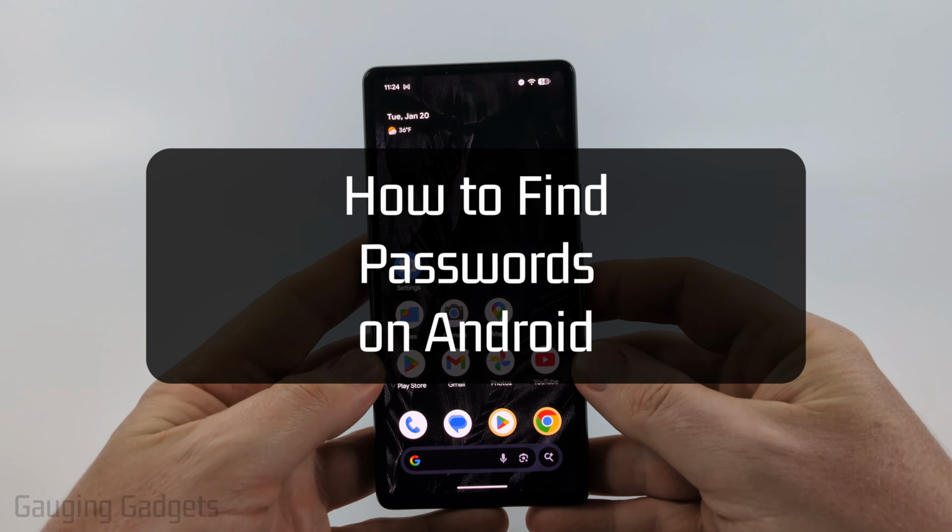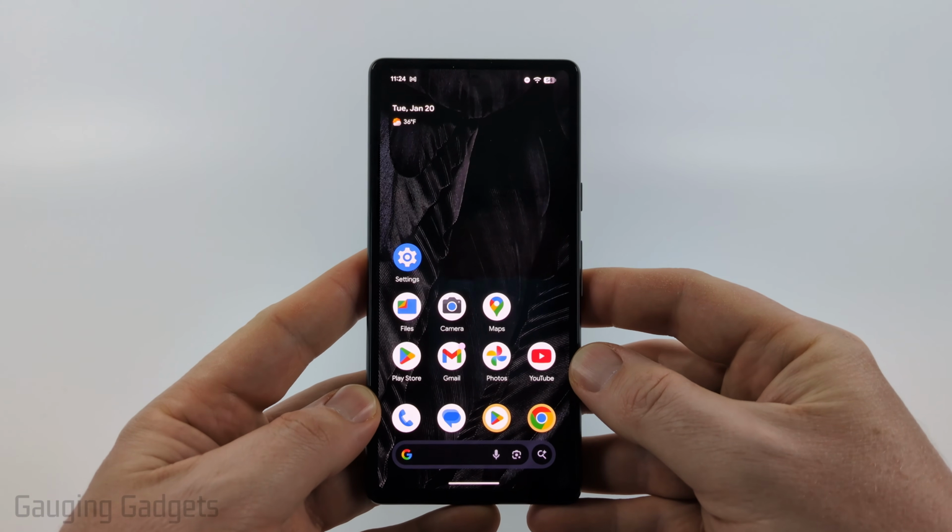How to find passwords on an Android phone. In this video, I'm going to show you how to find a full list of your saved passwords on any